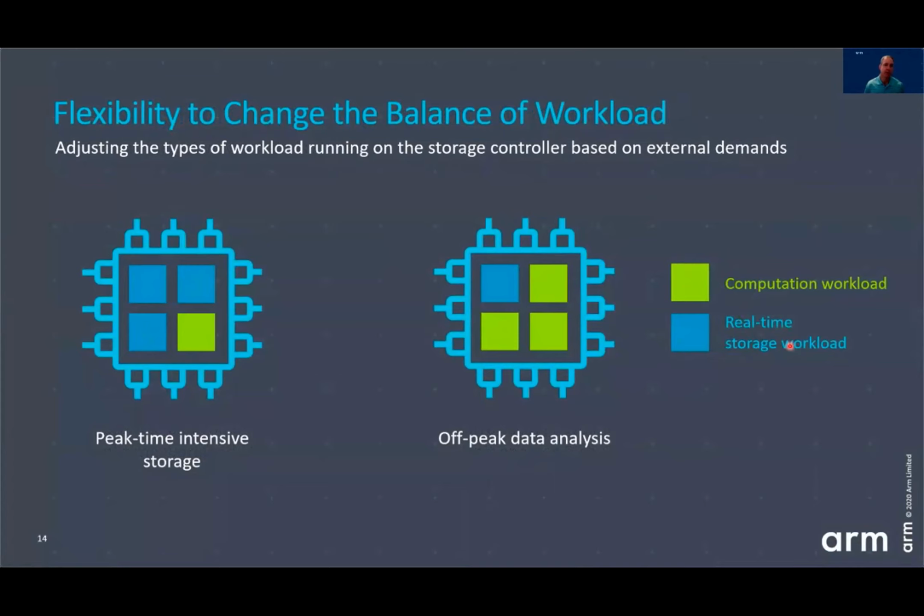So taking that a step further, we want to even have flexibility to change the balance of that workload over time. So perhaps during very peak times of the day, when the drive is especially busy, maybe there's 0 cores or 1 core at most allocated to performing compute of the data that's stored on the drive, and the rest of the cores are purposed for managing the transfers in and out of the drive. But later on, during off-peak times, we can repurpose some of those cores to running Linux and performing the compute on the drive within the same controller.